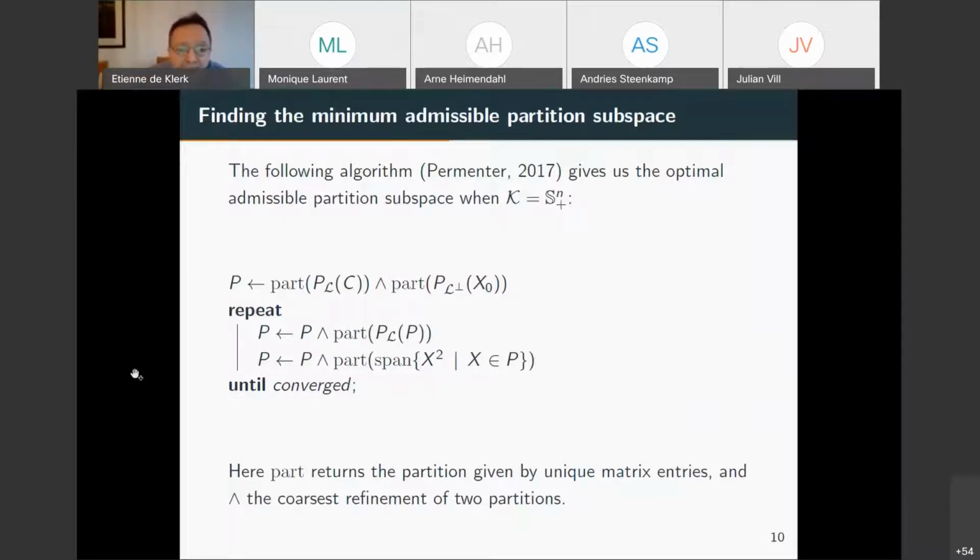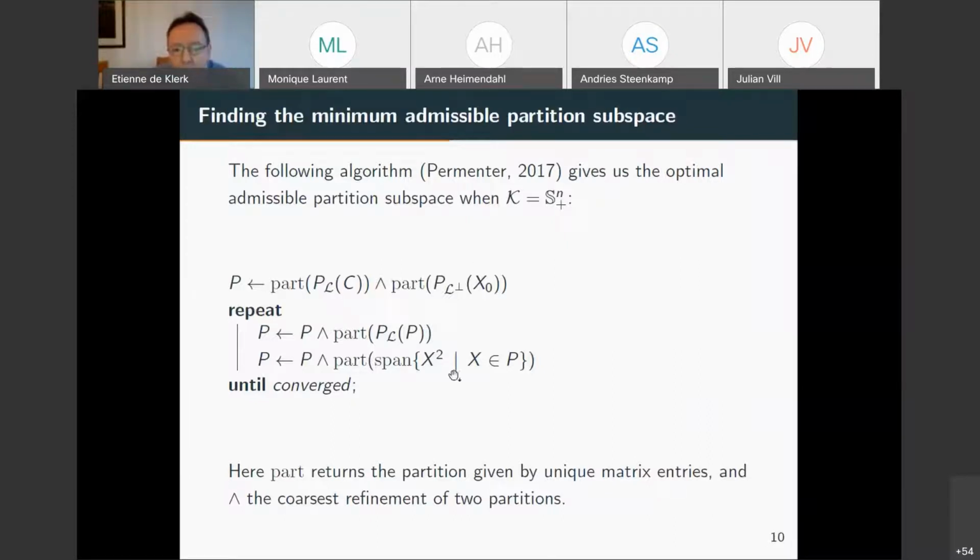And then we do some simple operations. The second operation we can actually do in a randomized way. We can just take a random element x from our current partition P and square it, and then refine our partition with respect to the partition of the square. It might not be obvious to you that this is implementable, but it actually is. The only operations that we are actually performing are this refinement of partitions